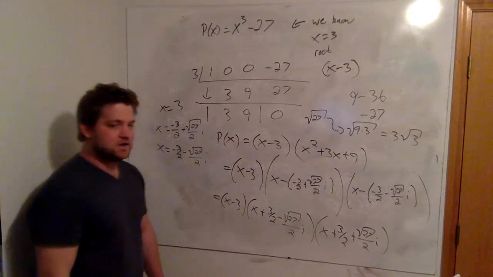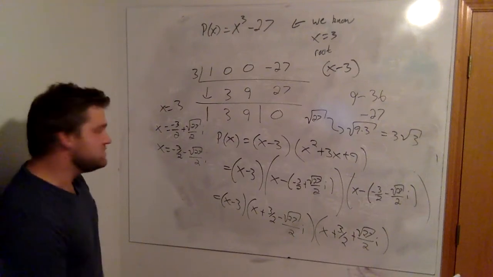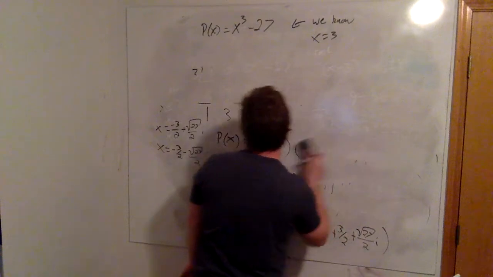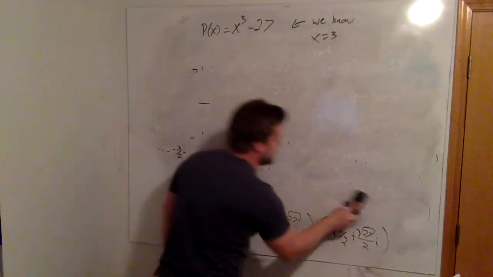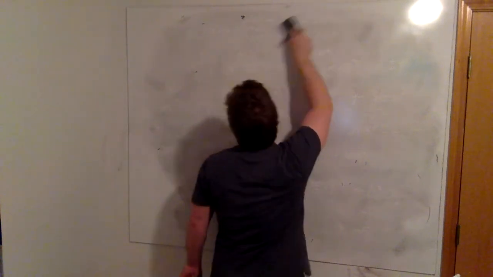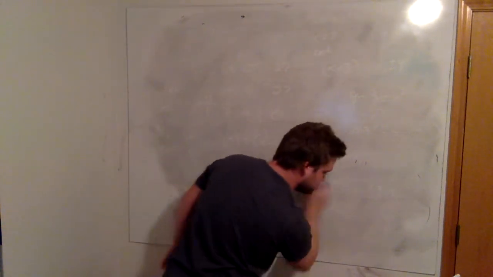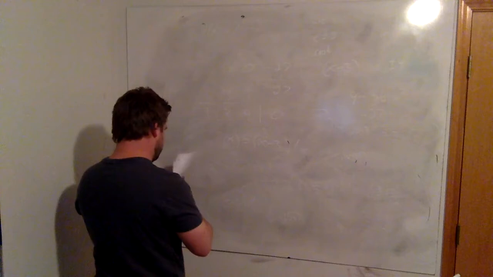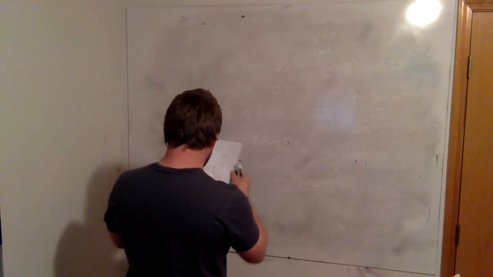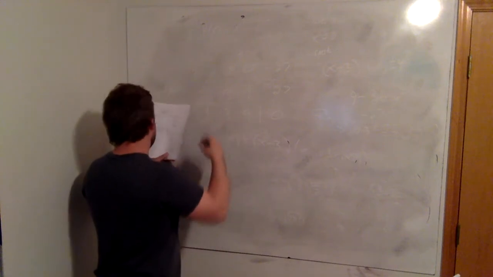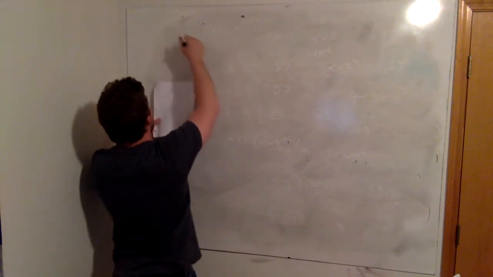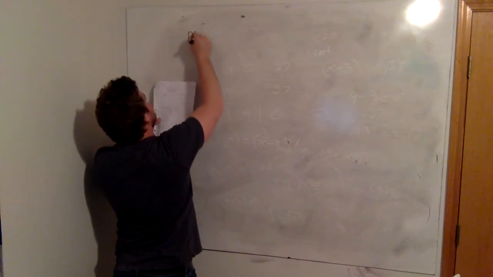Let's do one more. Let's do a super juicy example. This will be the last example we'll do. Let's do a 6th degree. This one will be spicy, but it'll be fun. Okay, last example. Let's do a real quick one and then a super hard one. Okay. So, let's say